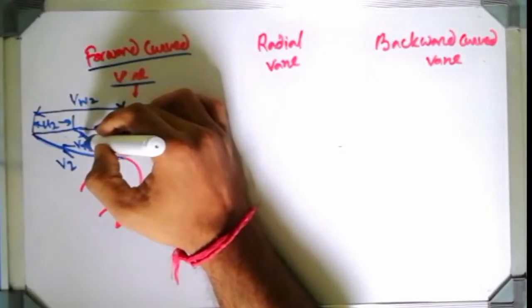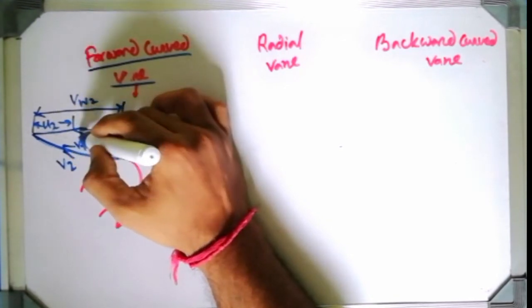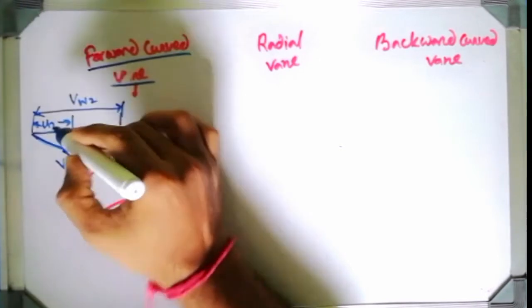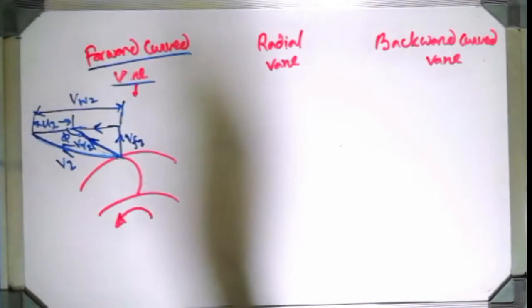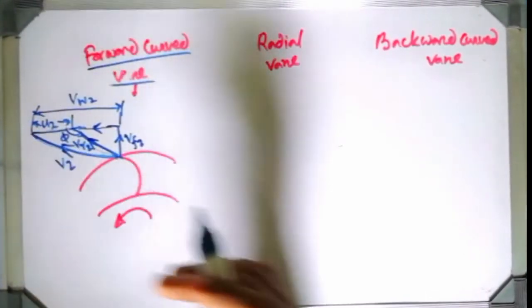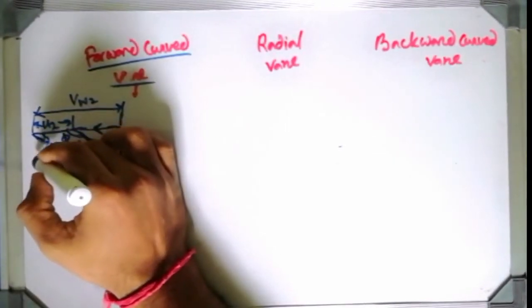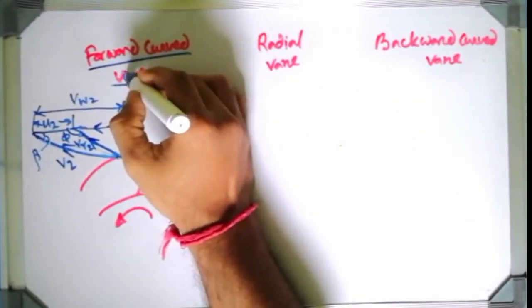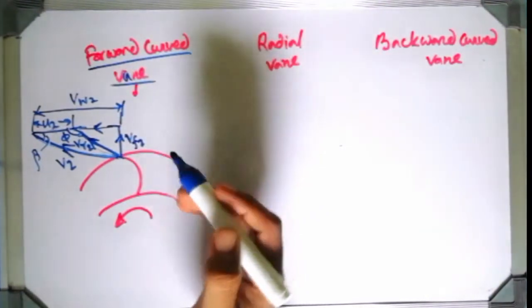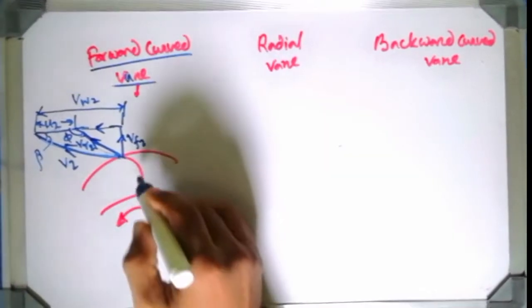So the angle between U2 and VR2, again repeating, this angle is nothing but the angle I have represented by phi, because phi is the angle between the relative velocity and the blade velocity. So this angle will be phi, and this one is already represented by beta. This is the blade outlet velocity triangle if the blade is curved in the forward direction. Why is it forward? Because the curvature of the blade and the rotation of the blade are in the same